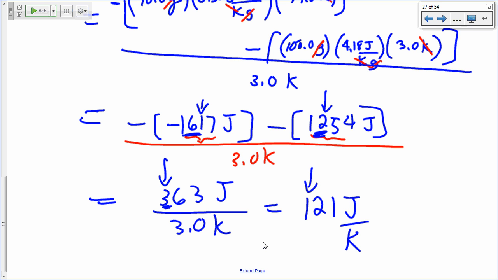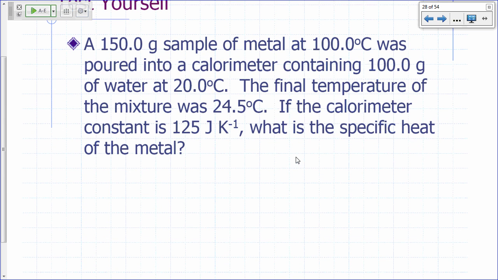So we can figure out how well that calorimeter handles the heat transfer. Although you should only have one sig fig here, usually we keep extra digits because we're going to be carrying that number over to another calculation. All right, here's an example of a follow-up to that. Now you have a calorimeter that you have calibrated, so you know your calorimeter constant is 125